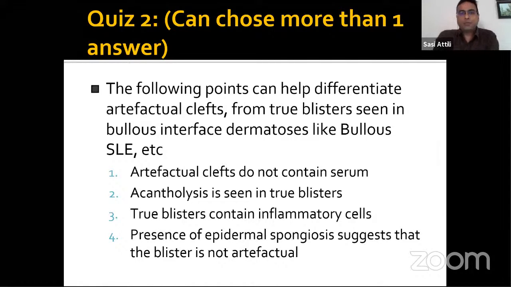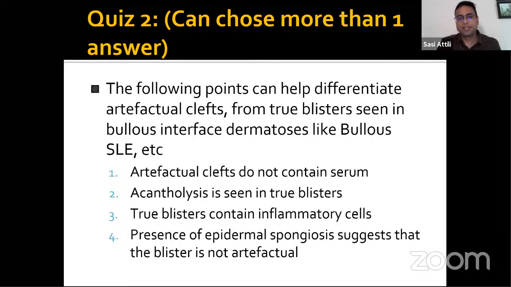So again, type your answers, please. We'll see who gives the right answer. So if artifactual clefts do not contain serum, if that is true, then type number 1. Acantholysis is seen in true blisters. Artifactual clefts may not contain acantholysis. This is a trick question. So only type 2 if you know that acantholysis is seen in all true blisters. Number 3, true blisters contain inflammatory cells, true or false. Then presence of epidermal spongiosis suggests that the blister is not artifactual. So if you're seeing a blister there and there is epidermal spongiosis, then the blister is likely to be a